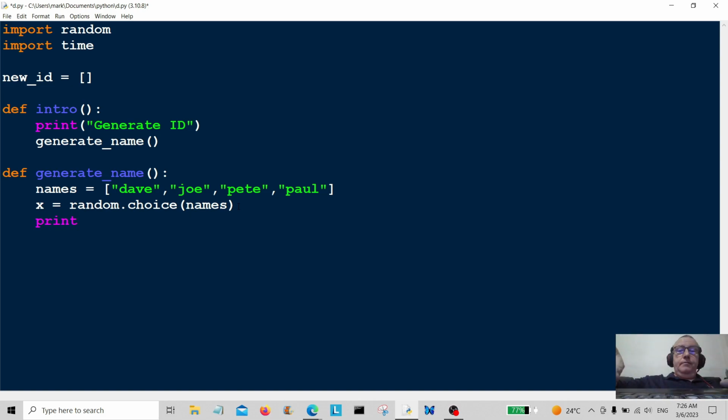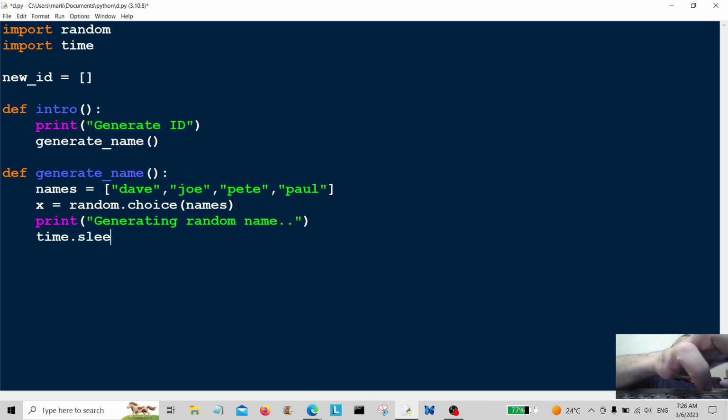Print, and that's going to be something like generating random name. Like that. Underneath we're going to do the time.sleep for 1 second. Give it a pause here so it looks like it's really generating a name. So 1 second there. Okay, and then we're going to print out the name so we know that we've actually generated it. I'm going to print X here,